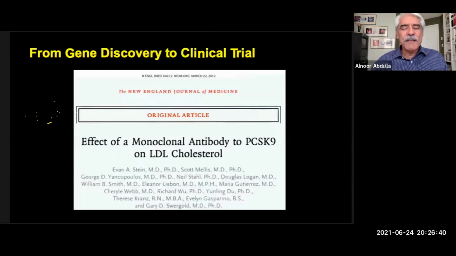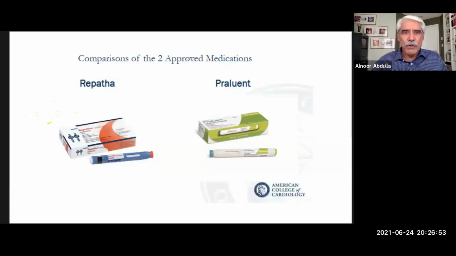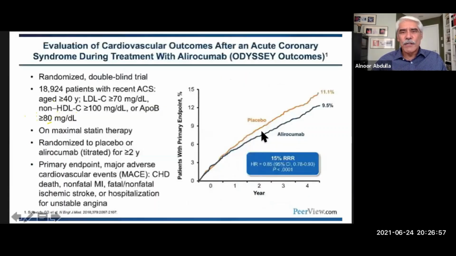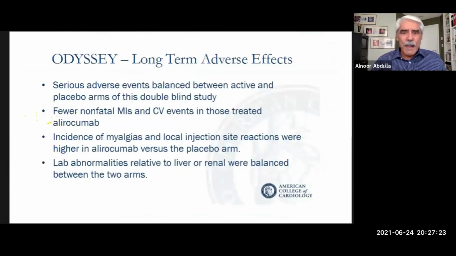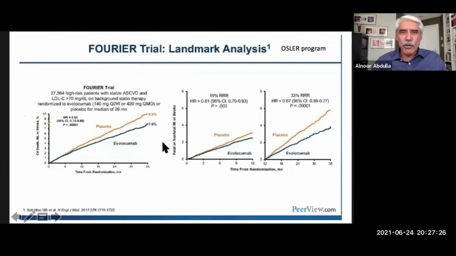Okay, so within 7 years from the discovery of the gene, we were already doing human trials. And in 10 years, we published the article demonstrating that PCSK9 inhibitors lower LDL cholesterol. And not only do they lower LDL cholesterol, they also decrease outcomes. They block the PCSK9, they allow the receptors to do their job, LDL cholesterol goes down, so does ApoB and all the other bad atherogenic lipoproteins, and people have fewer heart attacks, fewer strokes, and less premature death. So we completed the whole cycle with alirocumab, and we went ahead and completed the cycle with evolocumab as well